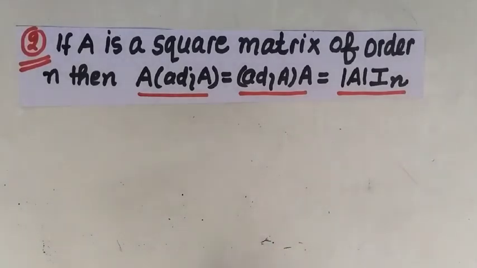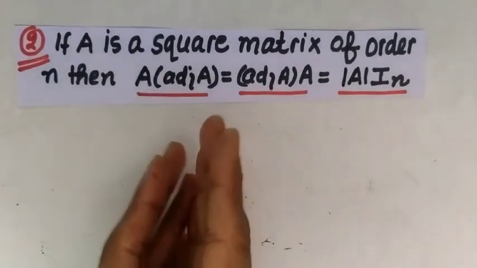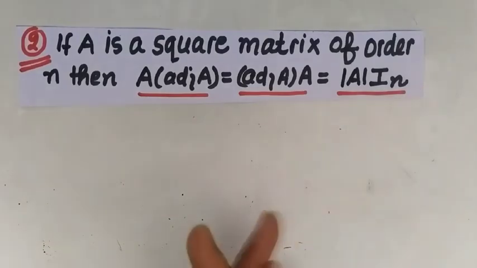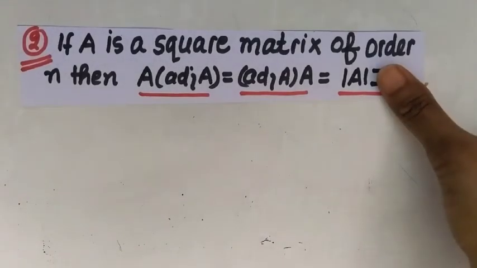So students, it's a very simple property. According to this property, if we multiply a matrix A by adjoint of A, either pre-multiply or post-multiply, then both results will be same and will be equal to determinant of A into In. So it's a very short result, and you just have to memorize it, and in questions of 1 mark or MCQ type questions it may be applied. Okay, so let us move to our next property.